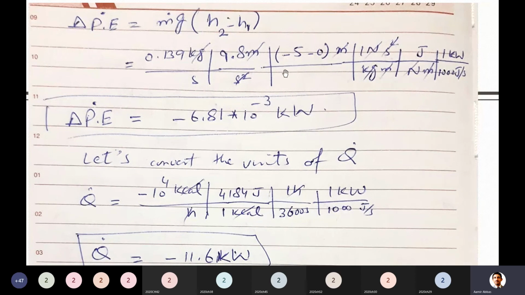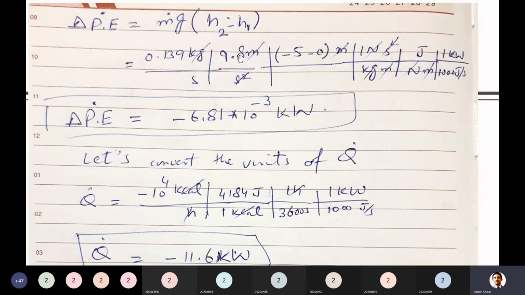What about the next term, the change in height? As I told you, we can take the point at which steam is entering as a reference. For example, when you take the earth's ground as a reference, that is 0.0. I think you agree with this. Yes, sir. That is our 0.0. Now if anything moves upward from this, that is a positive value, a positive change in height. When you go upward from some reference point, that is a positive value.